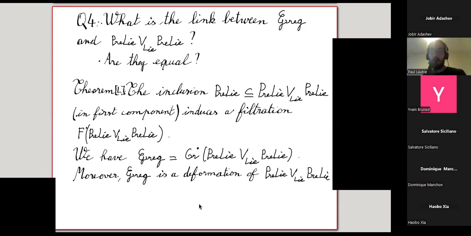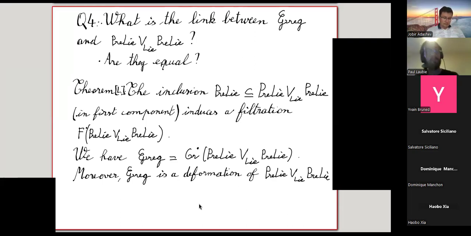So now we are happy because we have a nice and beautiful operad which comes from combinatorics. But this is not the operad we wanted to study in the first place. In the first place, we wanted to study the coproduct of two pre-Lie operads fibered by the pre-Lie operad. So what is the link between this Greg operad and this coproduct? Are they equal? Well,